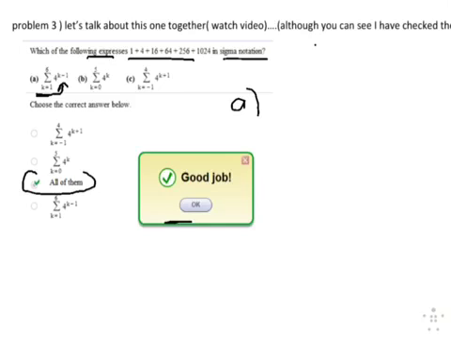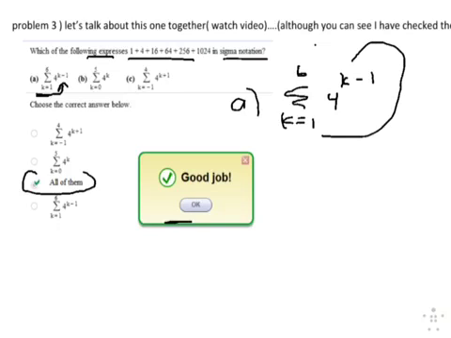So let's look at the answer to A. It says summation, k going from 1 to 6, of 4 to the k minus 1. Store 1 in for k and see what happens. Then you'd have 4 to the 1 minus 1, which is 4 to the 0, which is clearly 1. Then store 2 in. You'd have 4 to the 2 minus 1, which is 4 to the 1, which is 4. And then store 3 in. 3 minus 1 is 2, 4 squared is 16. But aha,